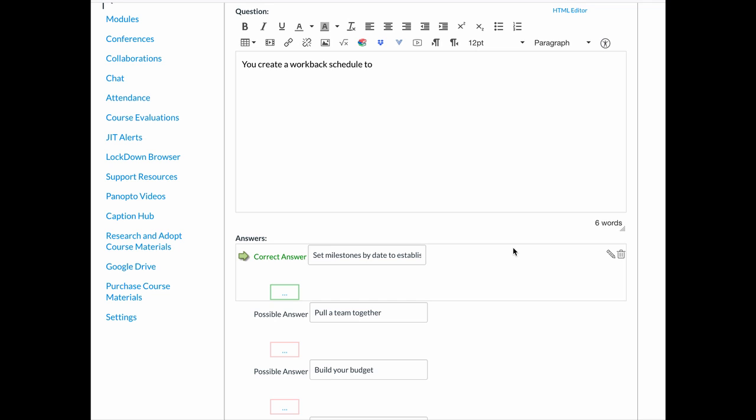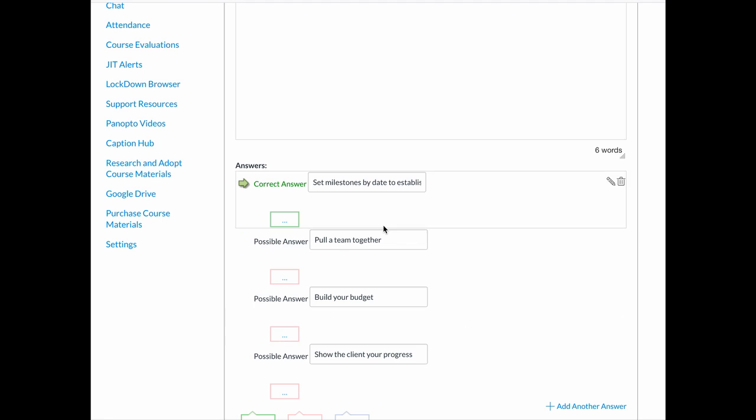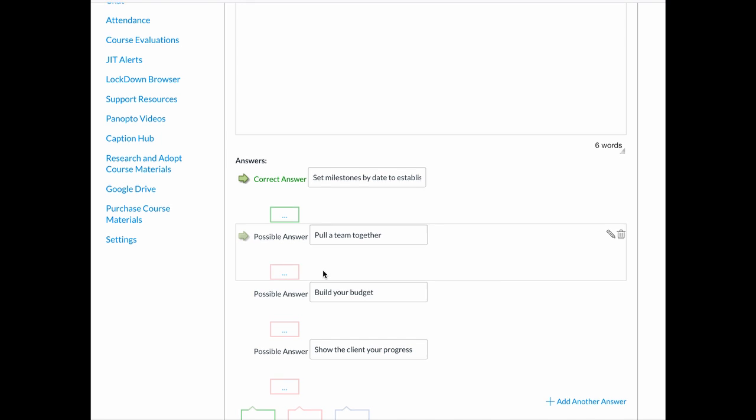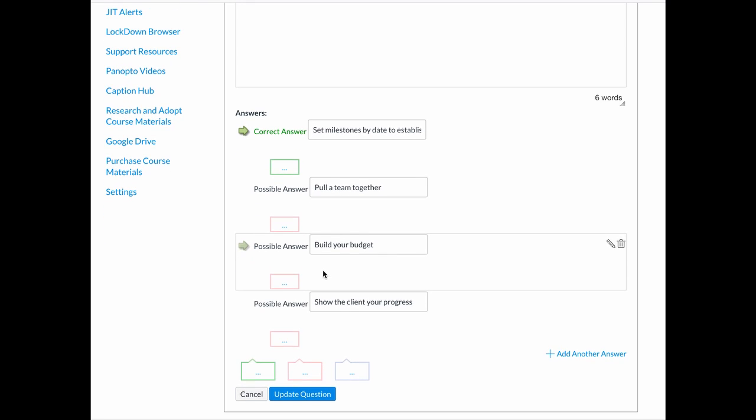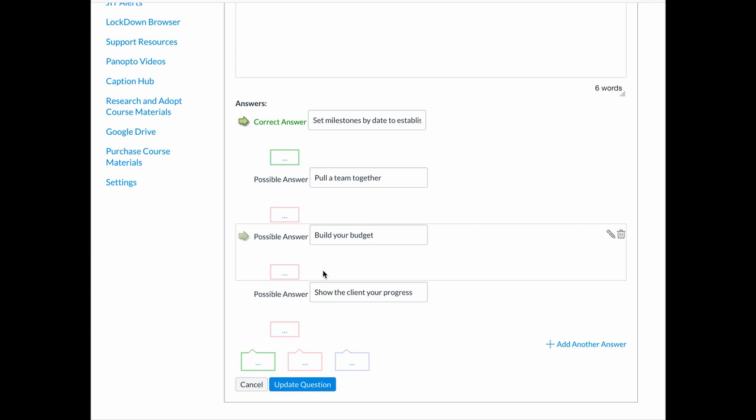So for Canvas, and I'm sure that other LMSs are pretty similar, it kind of randomizes where the answer goes. So not everybody gets the same quiz, but they get the same right and wrong answers. So here's my correct answer, and then I've got 3 other possible answers that are wrong, and I just create something that's relatively obvious, not too many trick questions or anything, but just something that makes sure that, again, they